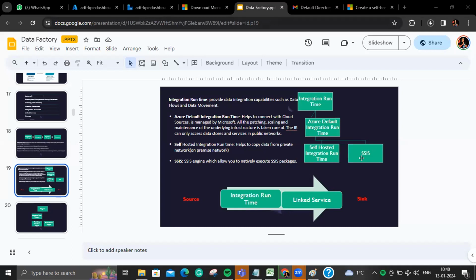But if you want to import an SSIS package from the SSIS tool, then you use this integration runtime, the SSIS engine, which allows you to natively execute SSIS packages. In the interview, you can directly say that you haven't worked on it. I have been saying it for so long. It doesn't matter because probably they are not working on SSIS packages either. But from an interview perspective, this is very, very important. It is by default a very important interview question